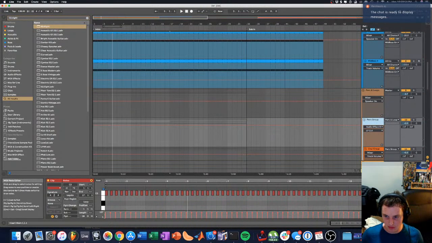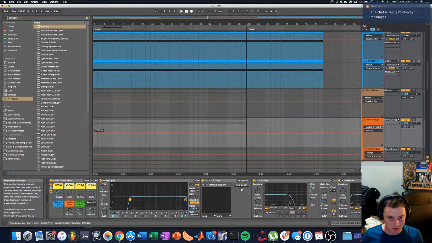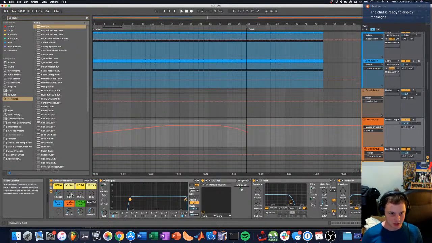Before I do that, I'm going to do the same exact thing with the percussion. I'm going to start this off lower, bring it in, and then maybe the last 6 bars, bring it down, but with the percussion I find that this resonance